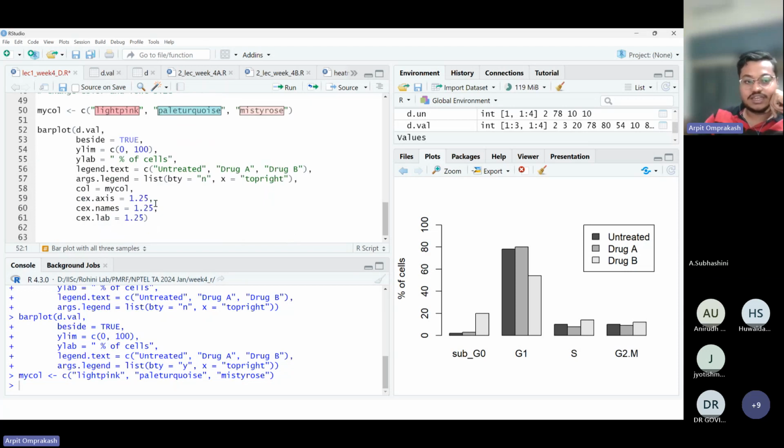The CX arguments are basically to increase the size of the text. Axis names is basically the legend, and label is the label. Then here is the color argument. So col is equal to my col. This my col is the vector that we created containing three different colors. We'll just provide that to the color